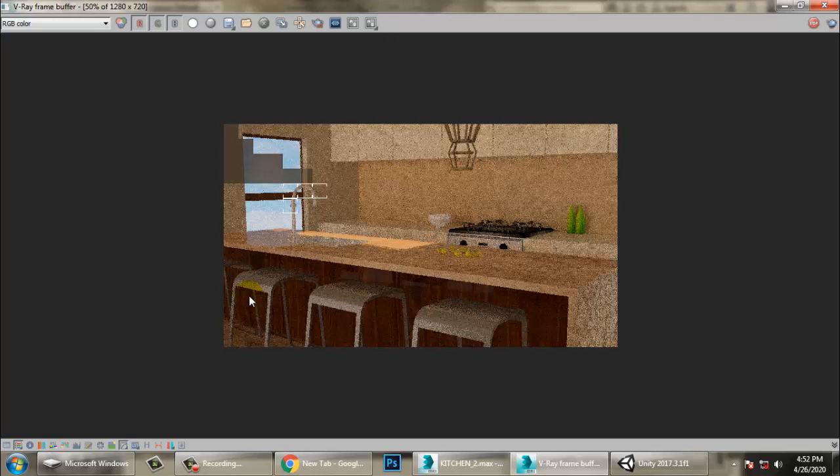So let's see, might take some more time. So you can just render a region also. So if you want to just render a part of it, you can just do that also.